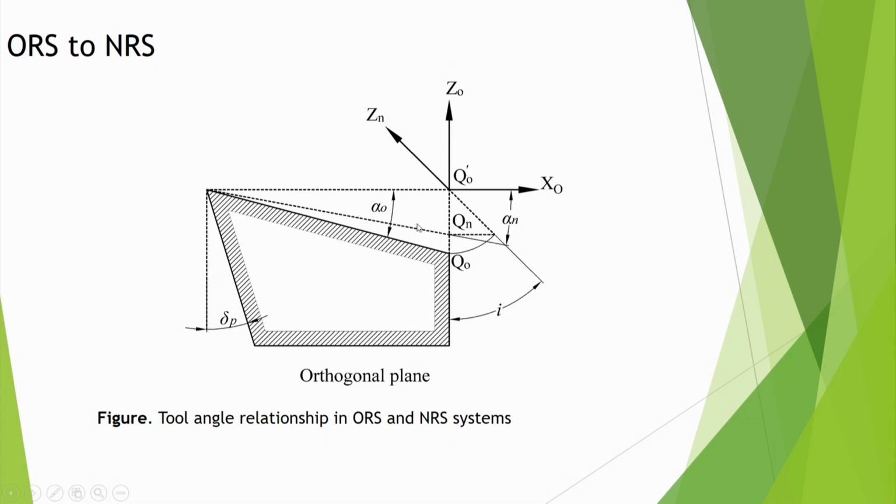Apparently it appears that tan alpha n, that means that particular slope in the orthogonal system, may be more, but there it will get slightly reduced depending on alpha n, that means depending on the inclination angle. We have to show how it is rotating. Here again you have to visualize; this relationship is almost the same as what you get when you derive the relation for a universal joint, where two shafts are connected but skewed a bit and are at angle I.